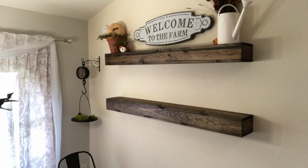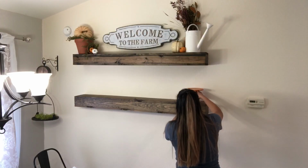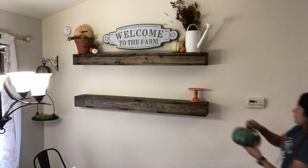So don't get frustrated, don't get overwhelmed. Just take a deep breath and just kind of play with it and see how you want it. But now moving on to the bottom shelf, I am just going to be using a little bit more